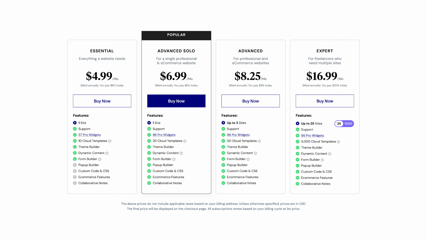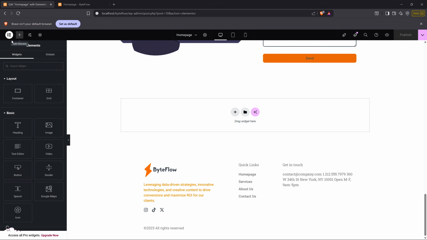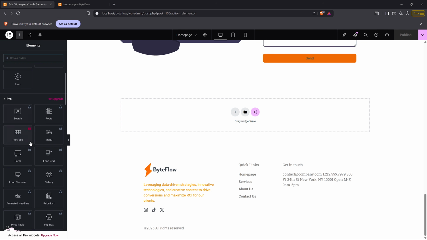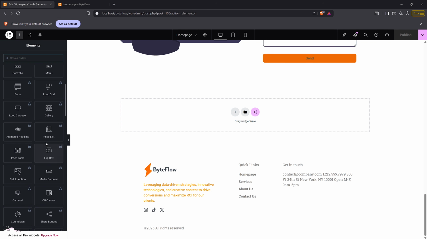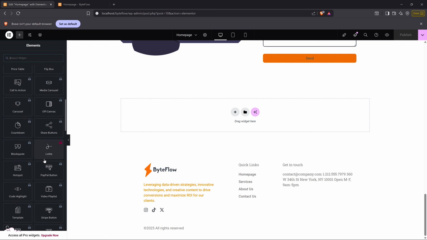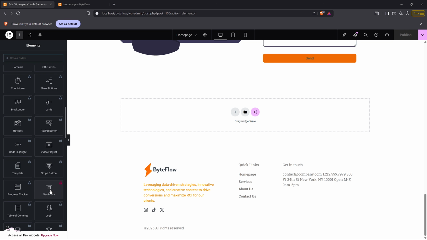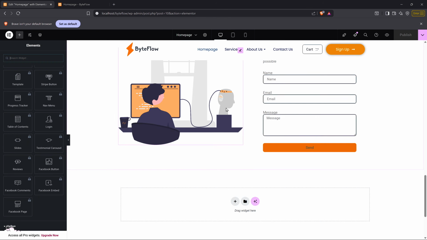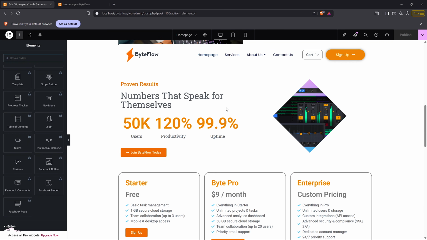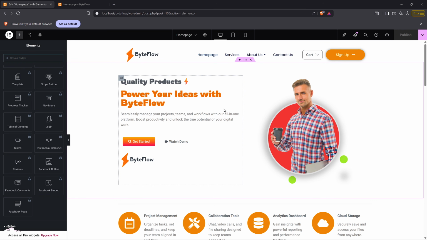There is a pro version of Elementor that will give you access to more elements. So if you click on add elements here, you can see that these widgets are reserved for Elementor Pro. If you can afford to pay for Elementor Pro, I highly recommend it. It's very useful. If you build websites for clients, you are going to need it. It's going to make life very easy. But I believe with the skills that you learned in this video, you will be able to build any website out there. We've covered everything from padding to all the widgets that you need to build a functional website in